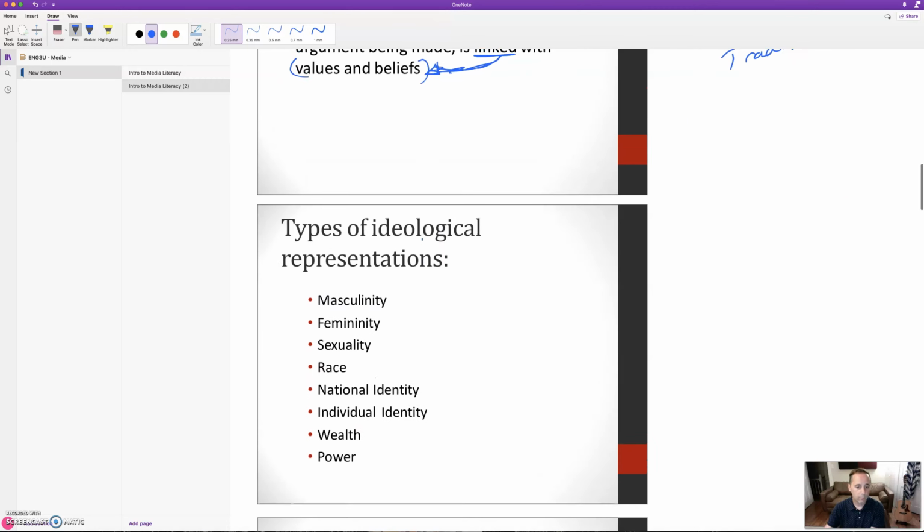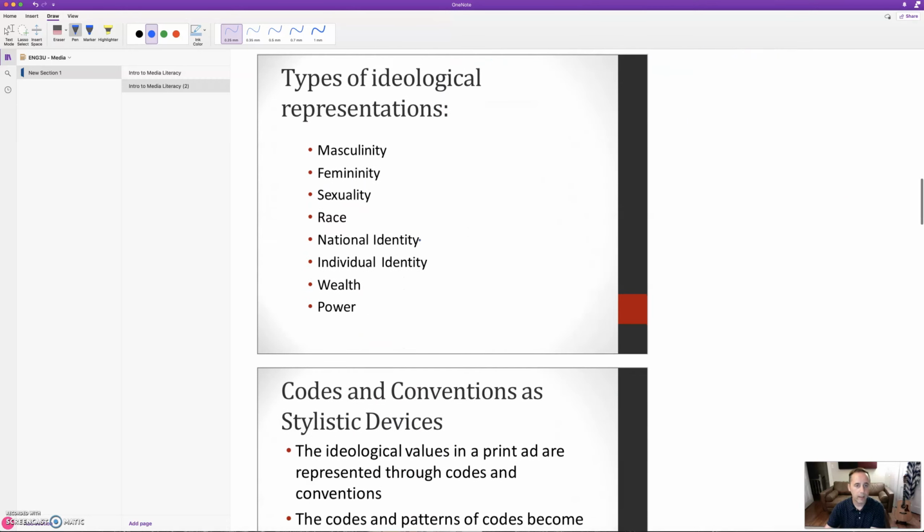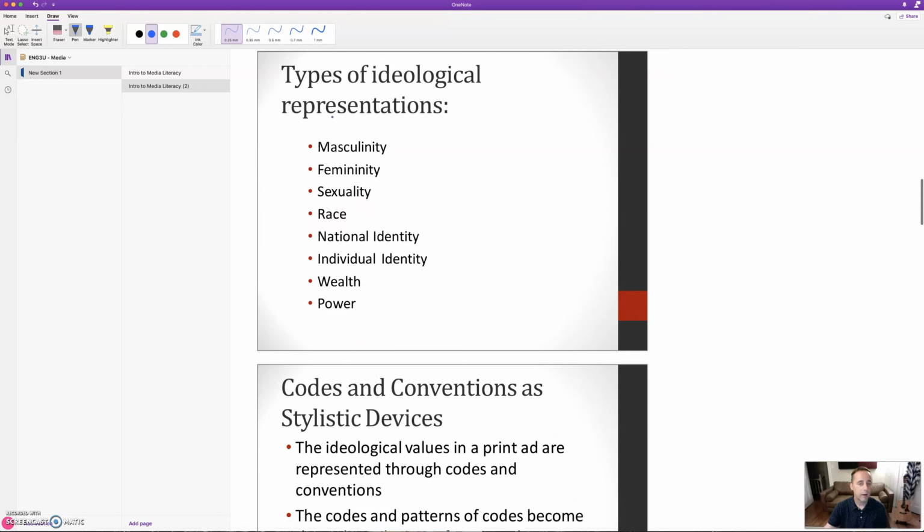So some main categories where we get ideological representations, that is views or perspectives with value judgments, right? Because a worldview automatically assumes an argument and a position.